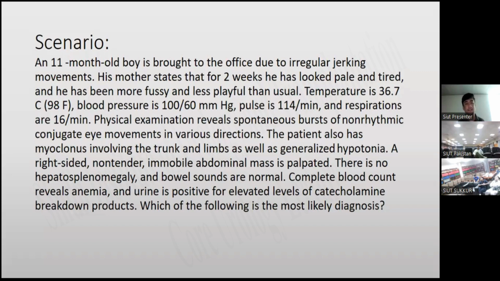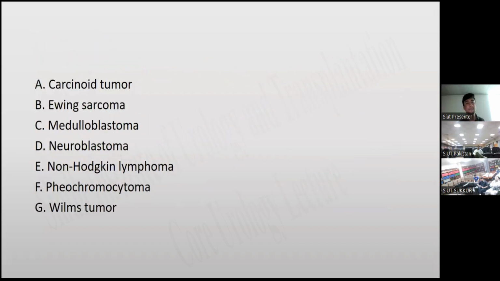A right-sided, non-tender, immobile abdominal mass is palpated. CBC reveals anemia, and the urine test is positive for elevated levels of catecholamines. Which of the following is most likely the diagnosis? We can get an idea from this statement that Wilms tumor is less likely,